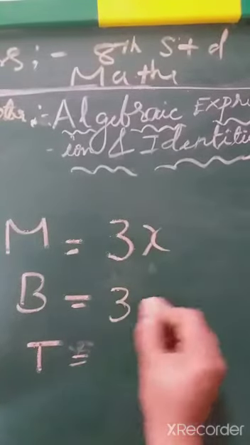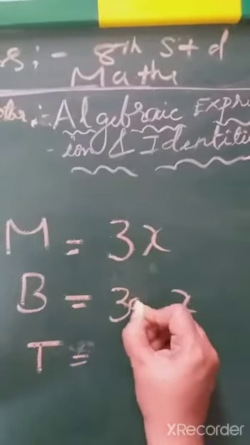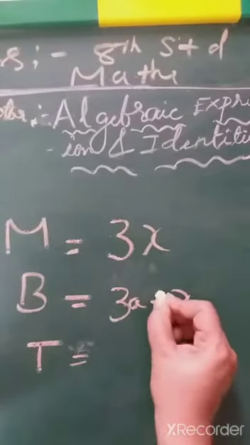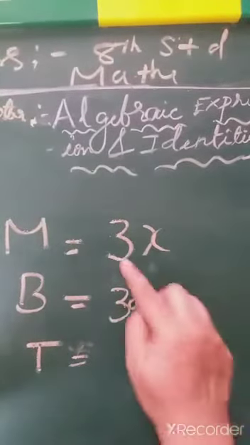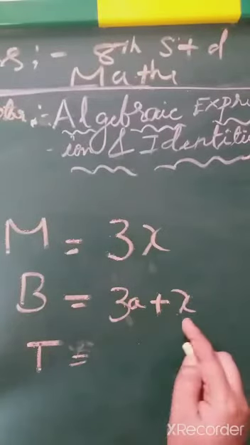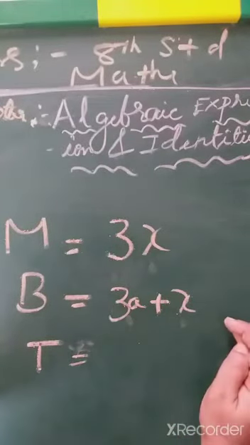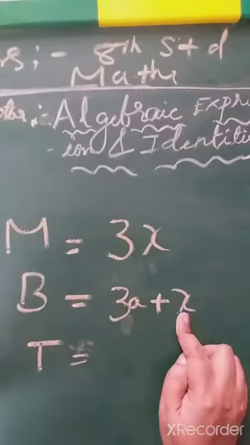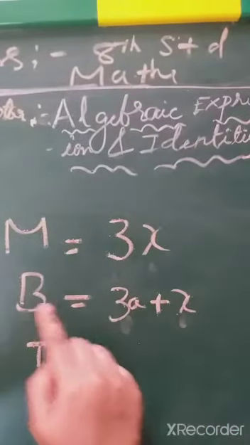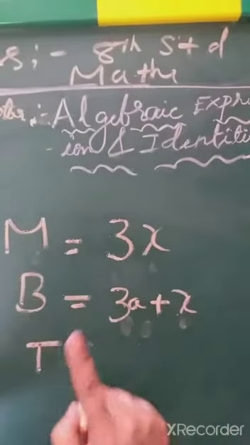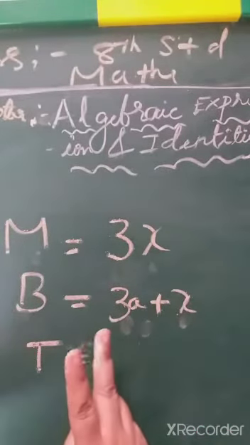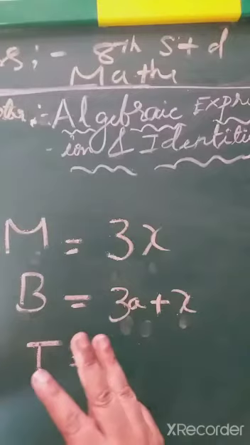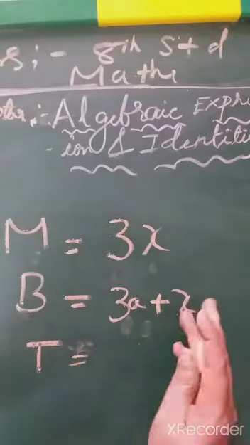Then for example 3x with a, and between them a plus or minus symbol, same letter we have written: 3x plus a, or 3a plus x. This is binomial because first one is first term and after the symbol is second term. So binomial means two terms, monomial means single term, one term, and trinomial means three terms. Tri means three, trinomial is three terms.